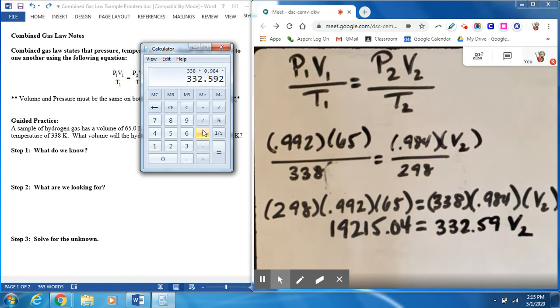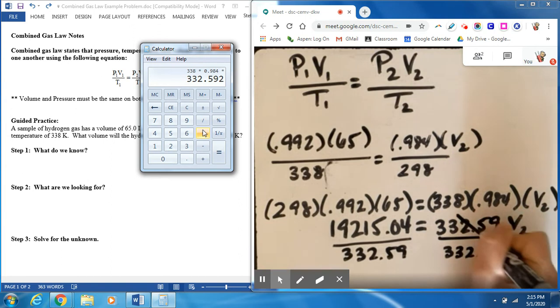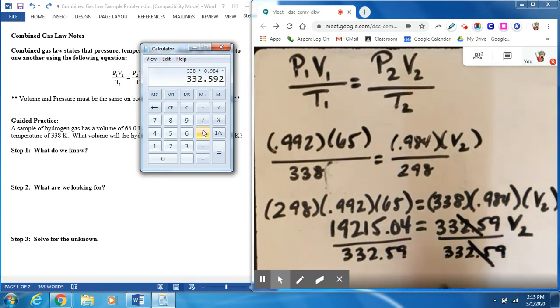And in order to solve for V2, we have to divide both sides by 332.59. That'll cancel out, and we'll find out that our V2 is equal to 19,215.04 divided by